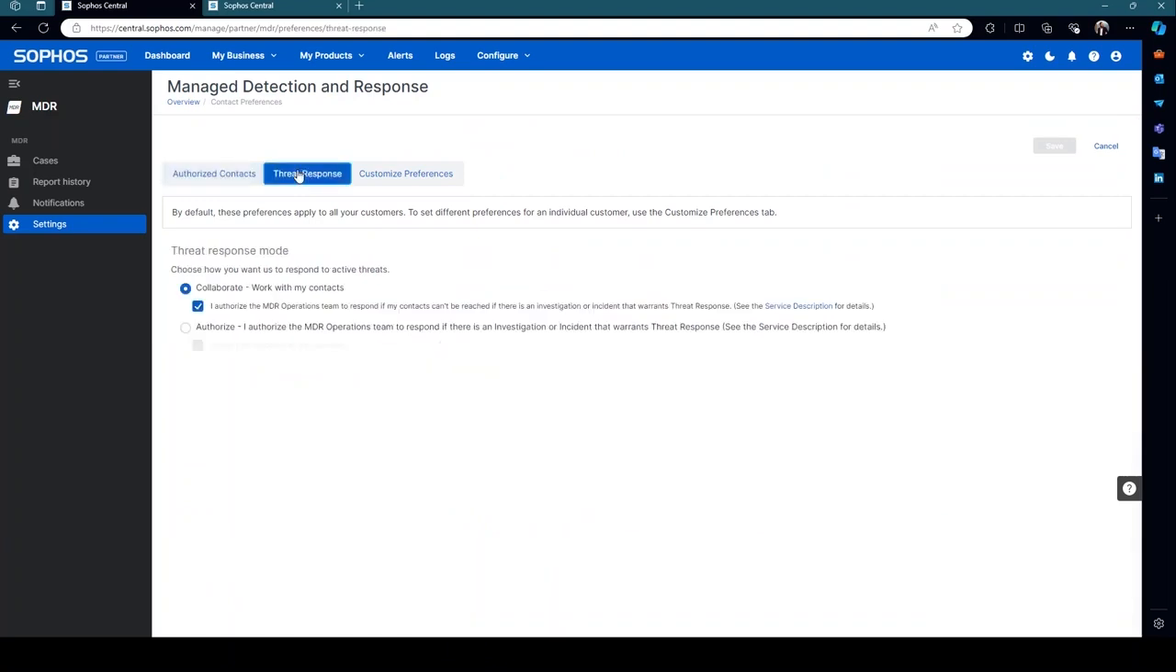active incident. Then if we go to threat response, we can see the mode which we're working in. We do have collaborate, where we work with your contacts, so we're trying to reach out to you before we action anything. However, if we do not reach your contacts, it is highly recommended to tick the little checkbox here in order for us to acknowledge and investigate